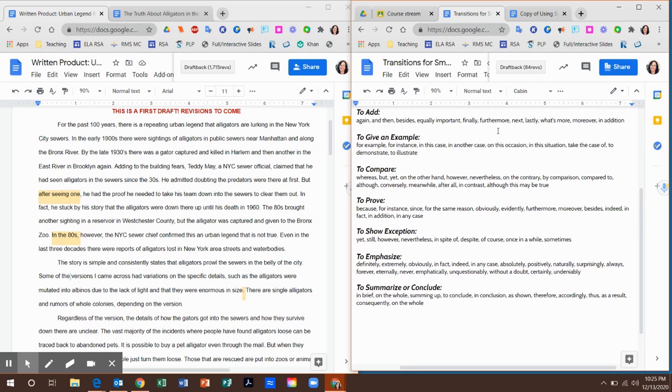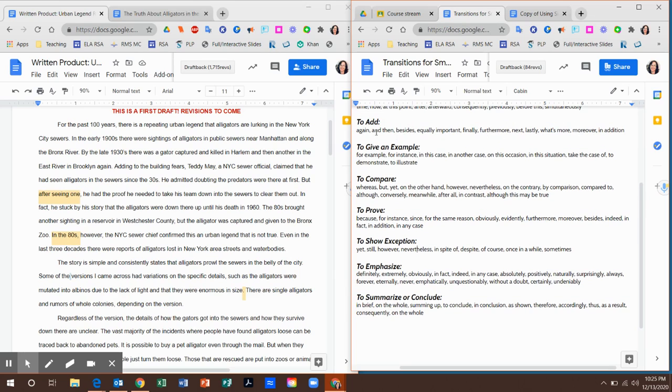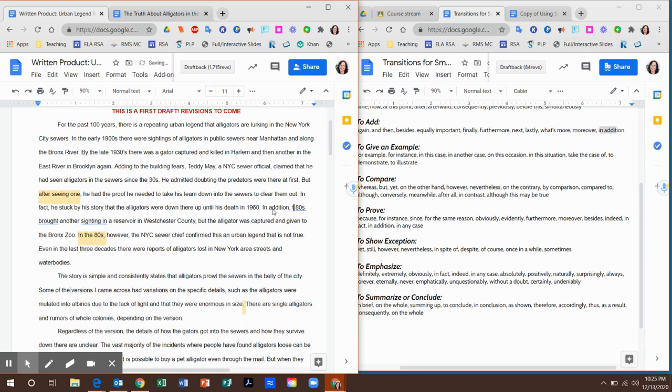So I think I might have something, and "add to," right? I'm doing that as well. So "furthermore" or "in addition," that would work, right? Okay, so "in addition," and because I say "the 19," I think I need to be consistent with that and not just say "the 80s." So "in addition, the 1980s brought another sighting in"